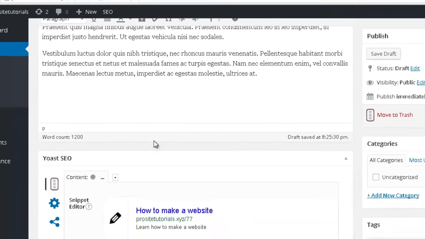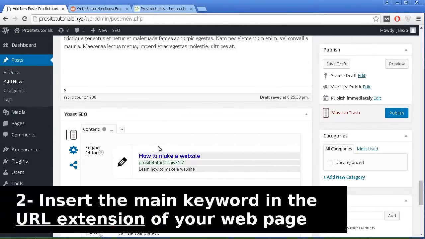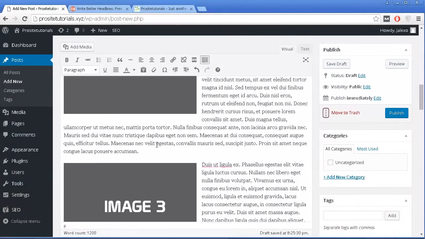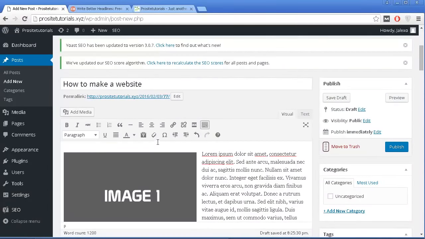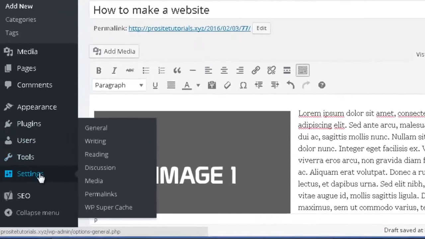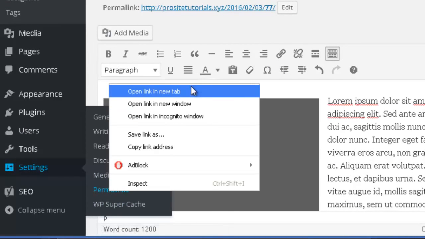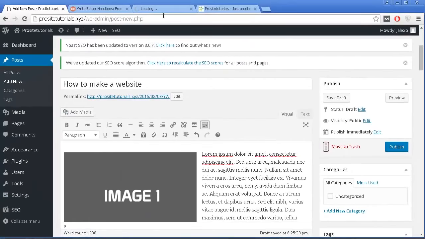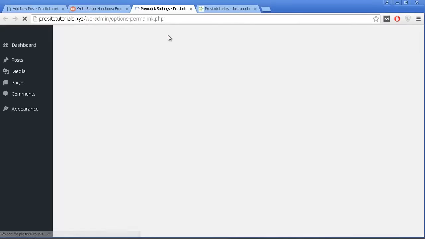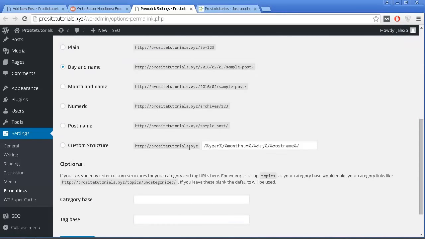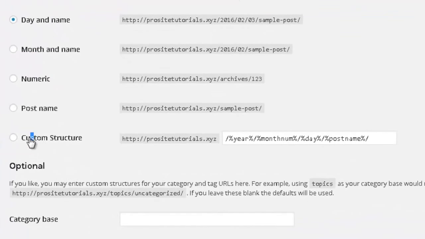The other part is the URL extension of your website. Now, I actually forgot to talk about something previously. What you should always do is go to the settings of your website and click on the permalink section. Once you go over here, what you want to do is go where it says custom structure,